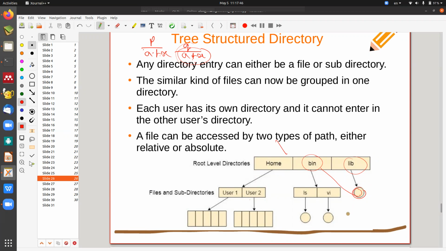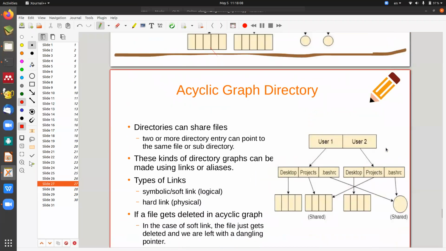What happens in a graph? What is the difference between a graph and this? In a graph, there is a possibility of cycle, whereas in case of a tree, there is no cycle. Since it is a tree structure, you never keep sharing. It is individual. But if you want to create a file which is shared among these two directories, then it creates a loop kind of thing or not. That kind of thing will be introduced in an acyclic graph. Yes, then what is the scenario?